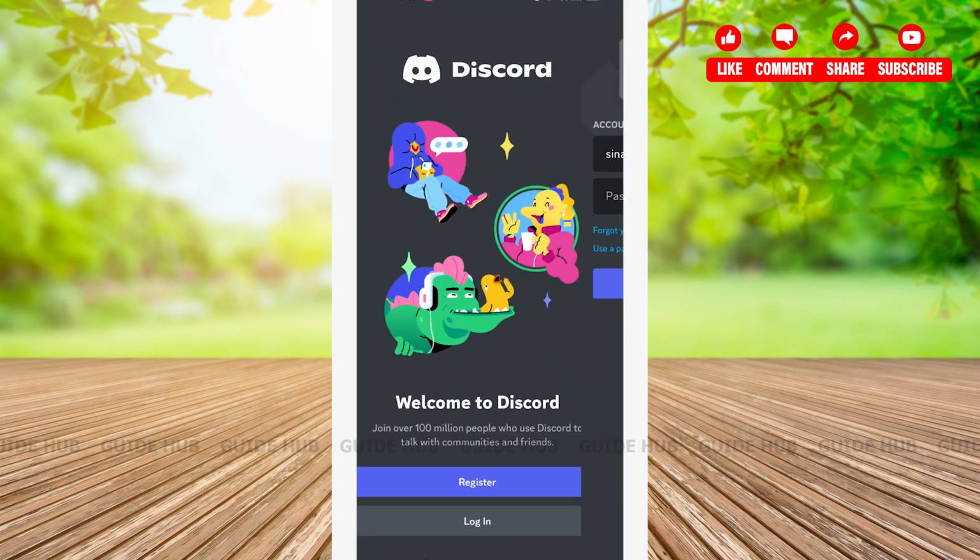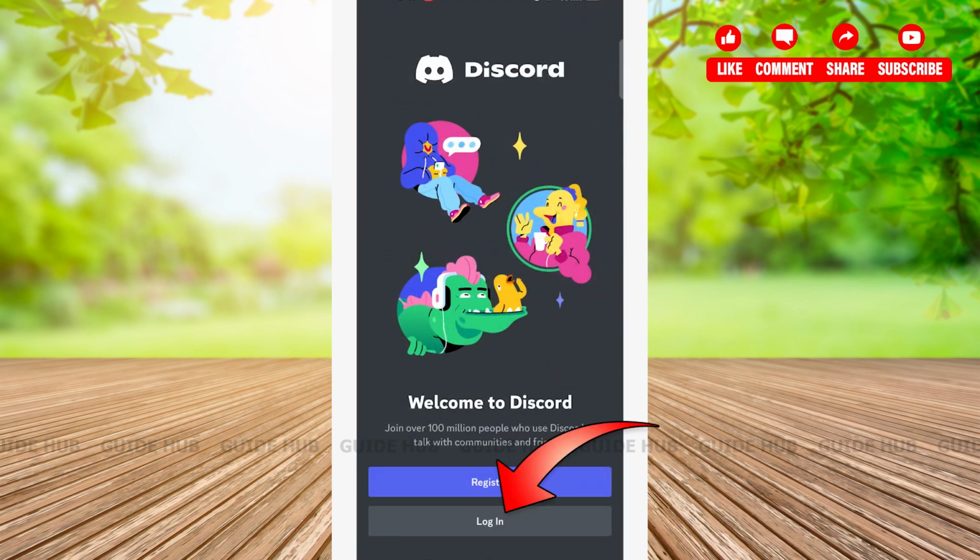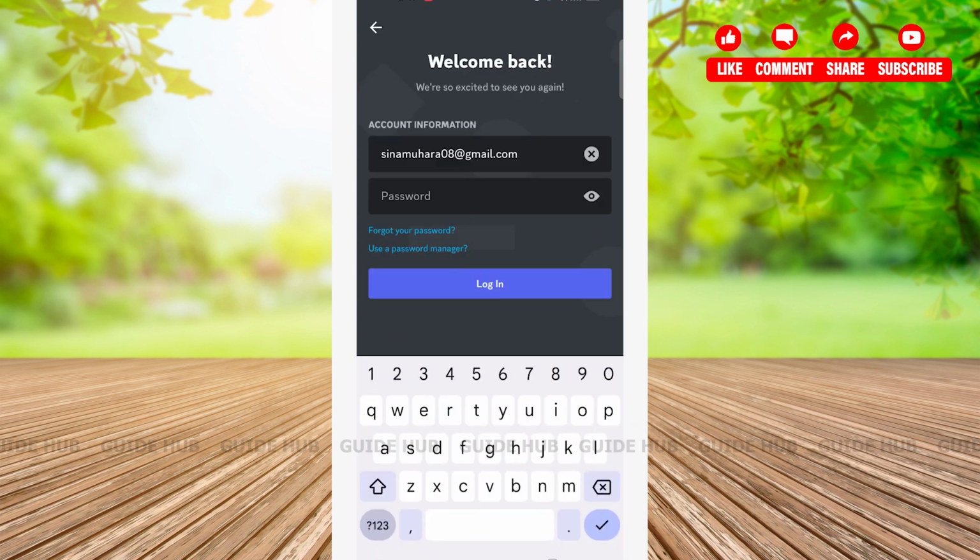First open the Discord app and then tap on the login button at the bottom of the page. Here you will see the account information. Below account information you will see two boxes. Tap on the first box and type in your email there. Since we don't know the password, we will skip the password box and tap on the forget your password, which